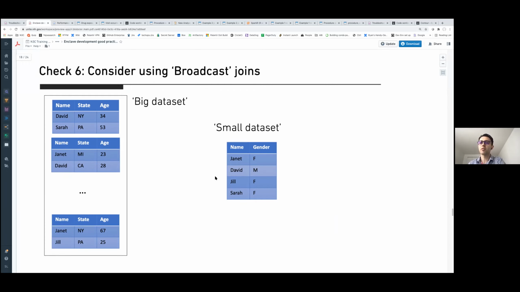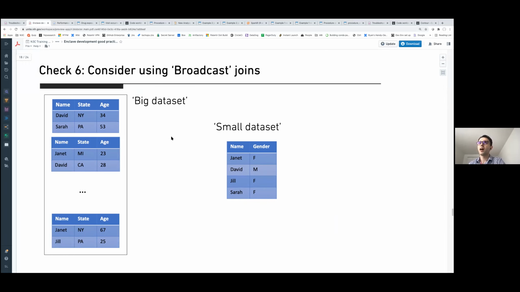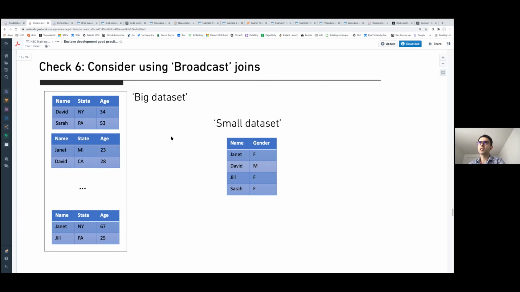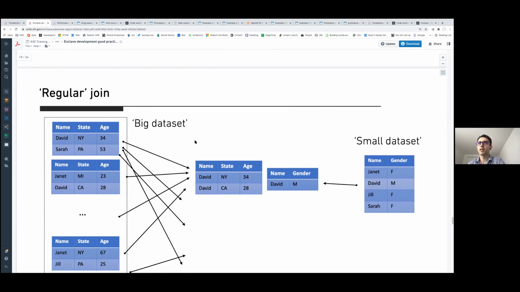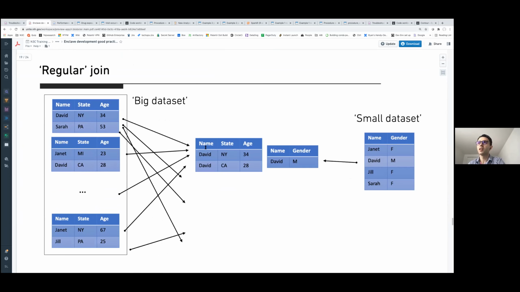Typical examples of this are when you're joining a domain table, such as measurement, with a concept IDs table that has a list of a few concept IDs, just to get the measurement records that you need. This can be inefficient with a regular join, without any intervention, because essentially there is a lot of duplication and shuffling. For each partition of the big data set, you're doing a join and there's a lot of overhead and shuffling.